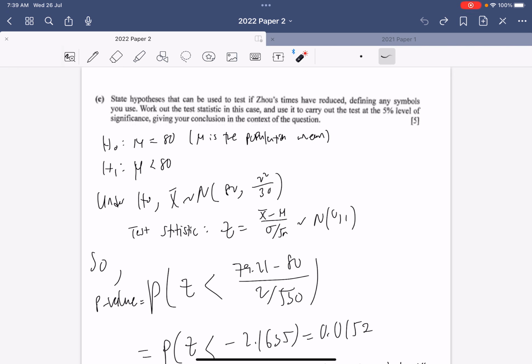write the standard way. We have a null hypothesis H0, and that will always be the equal sign one, so it's mu equals 80, then H1: mu is less than 80. Then under H0, x bar follows some normal distribution, normal(80, 4/30), because it's always mu and then s squared over n. Then we have a test statistic,